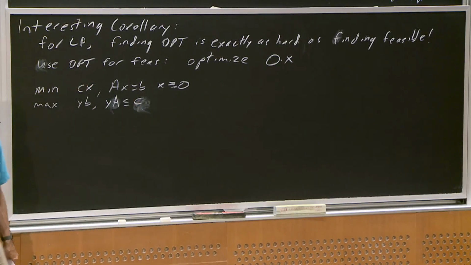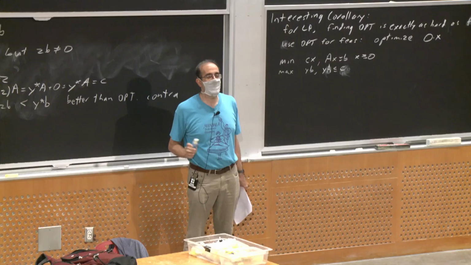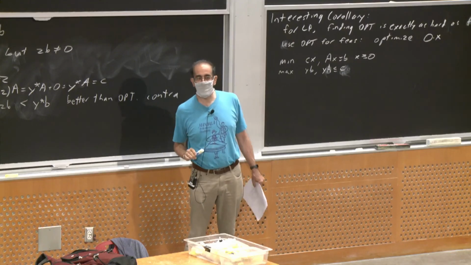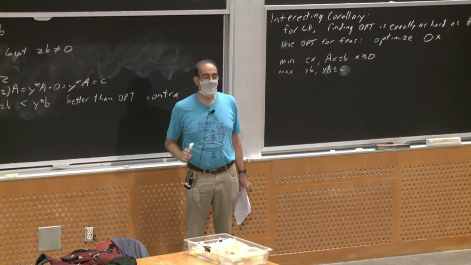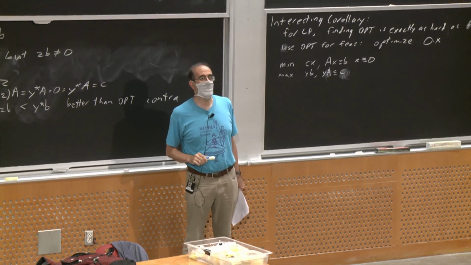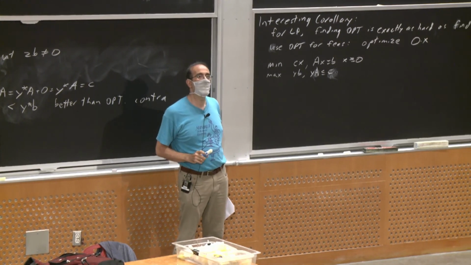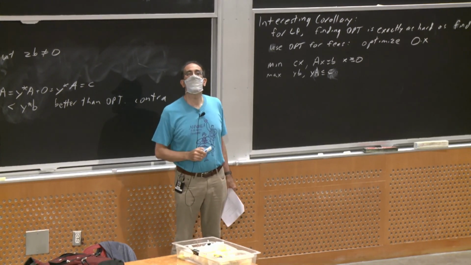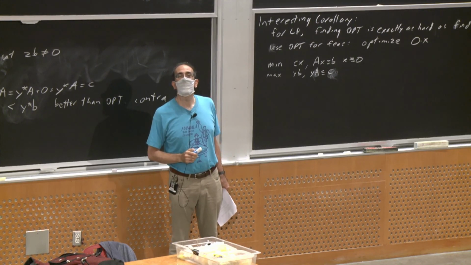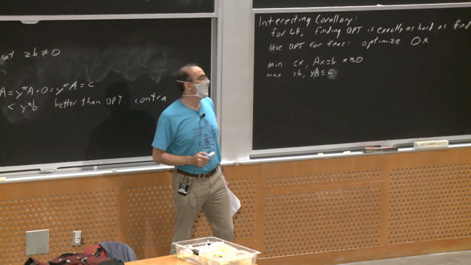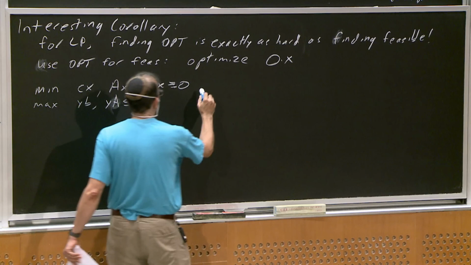Okay? But now comes the trick. How can I take these two optimization problems and instead make a feasibility problem that gives me the answer to the optimization problems? Yes? You put that into like a single problem and set cx equals to yb. Exactly. I just put them together